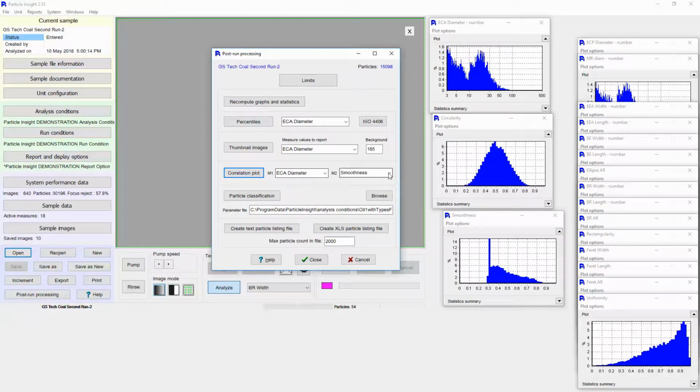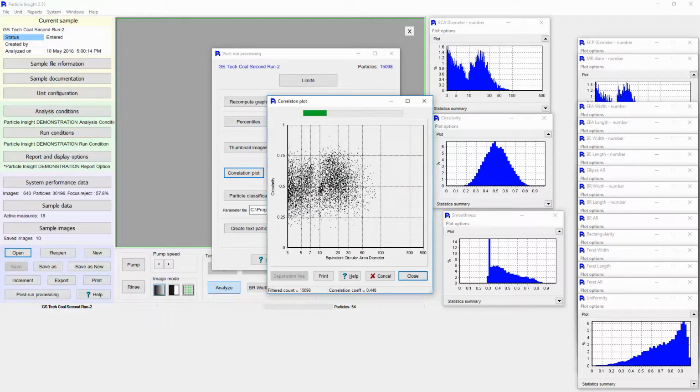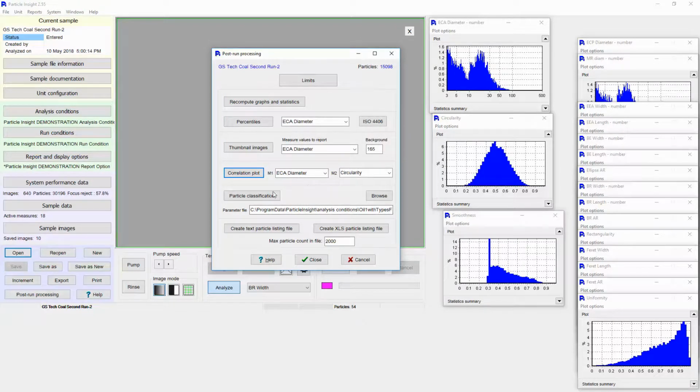That's how you do the correlation plots. You can again look at, let's say, circularity, and look at how they compare by circularity. So any two of the measures. Particle classification is something that allows us to actually set ranges to look at just if there are two populations in the sample. By doing that, we can actually go in and look at,